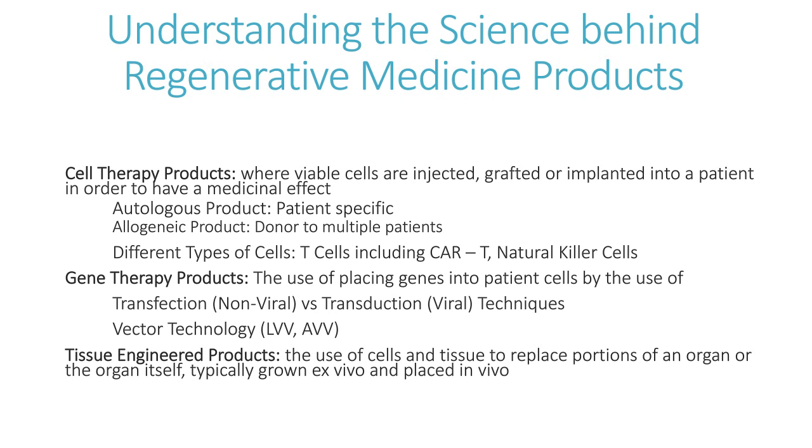Typical cells that we have seen moving through clinical and commercial have been T cells, including CAR T, natural killer cells. There's a number of others. On the gene therapy side, this is typically a little similar in the sense that you take cells and modify them genetically for patients. A couple of different methods of transfection or transduction is used. But with the viral vector approach, you have a couple of different techniques that are being used in clinical